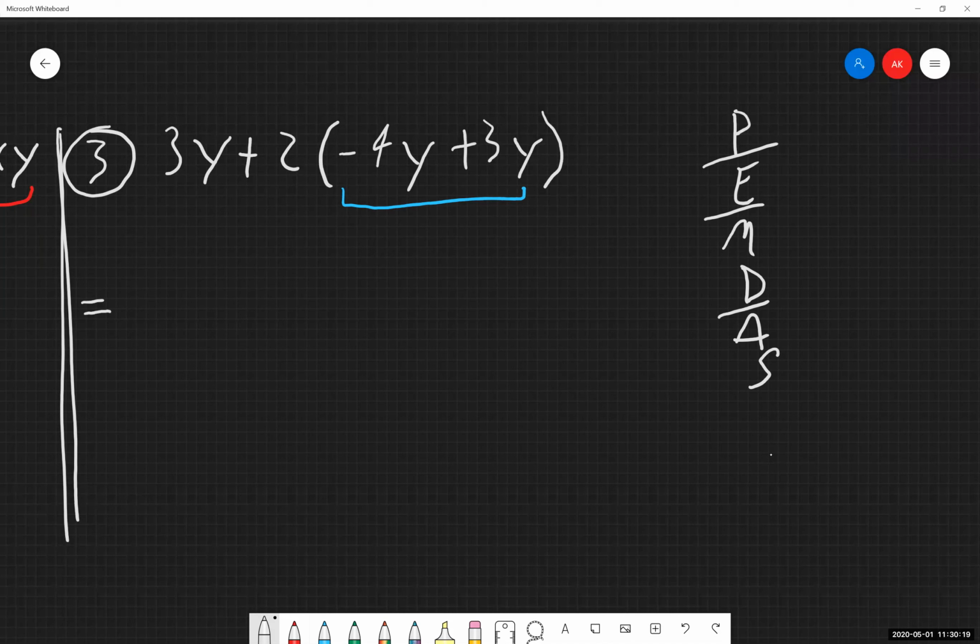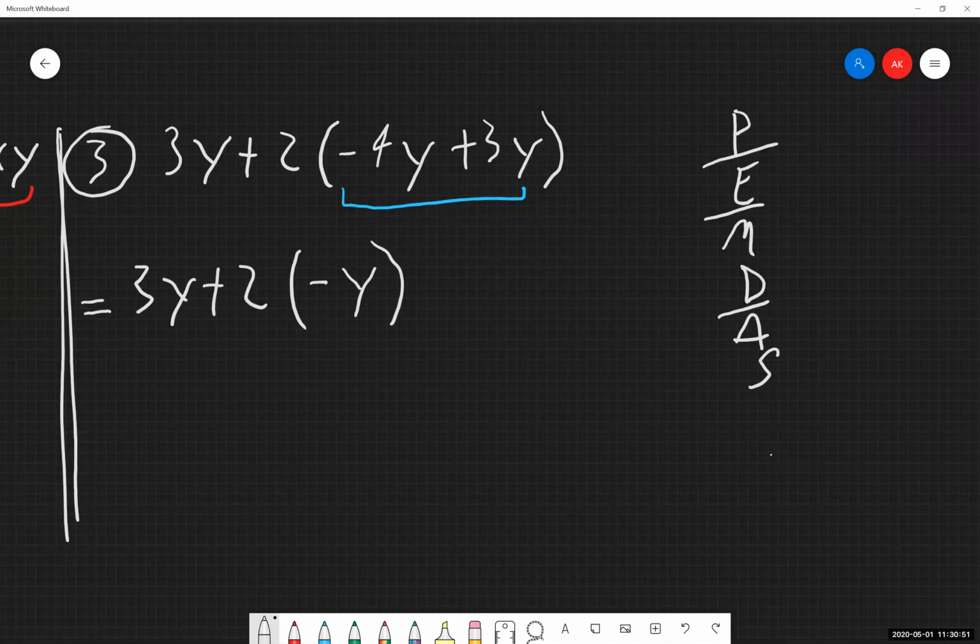So I'm only looking at negative 4y plus 3y. They are like terms, they both have a y with them, so I can combine them together and just add the coefficients. Nothing else is changing. So negative 4 plus 3 is going to give me a negative 1. And we can write that in just as negative y. It is implied that there is a negative 1 in front of that. So we do not need to write anything else.